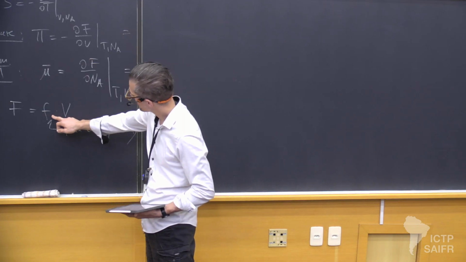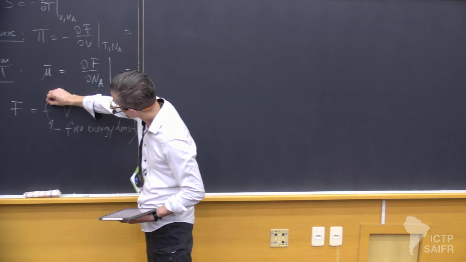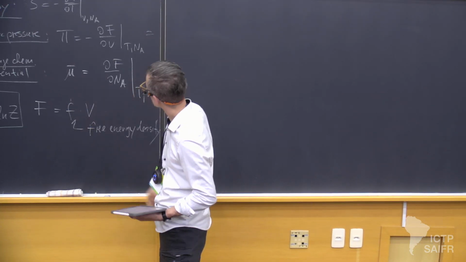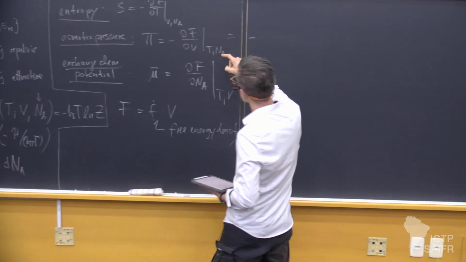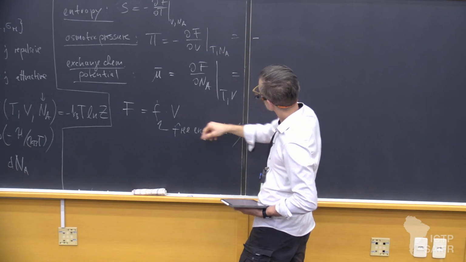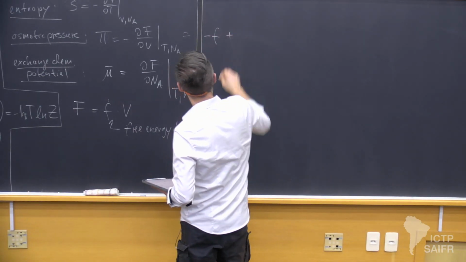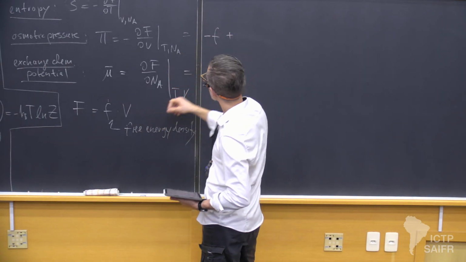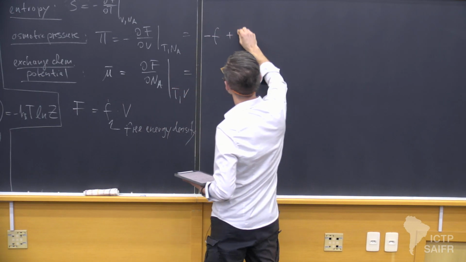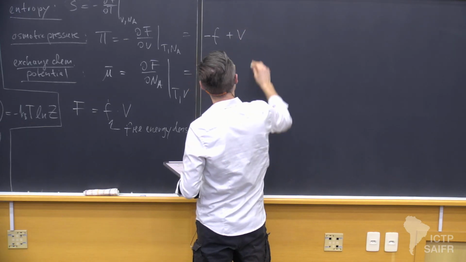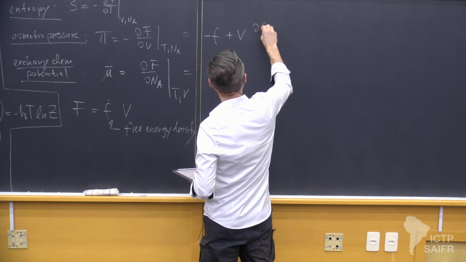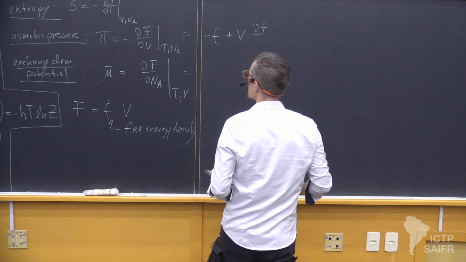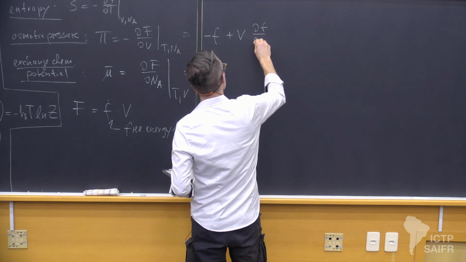Here we have to be careful because the derivative acts on both v and f. So if you do this, what do we get? We get minus, if the derivative first acts on this one here, I get minus f. Then I just leave the volume and write df with respect to dv